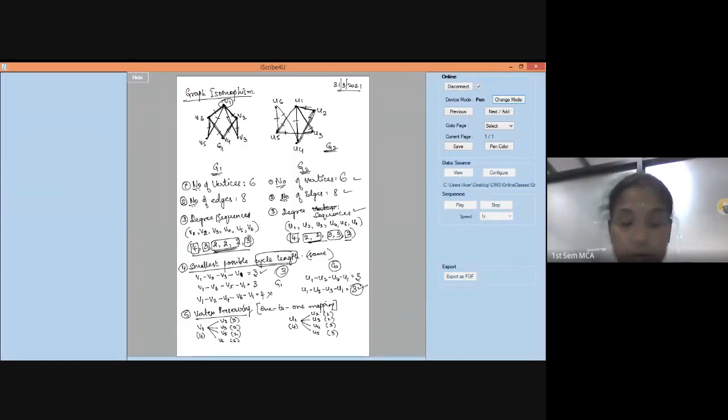Now this is what we are able to see: V1 has degree 4, and these are the adjacent vertices, and these are their degrees. Similarly, you have